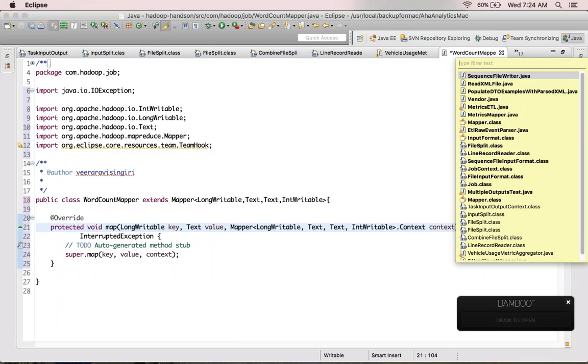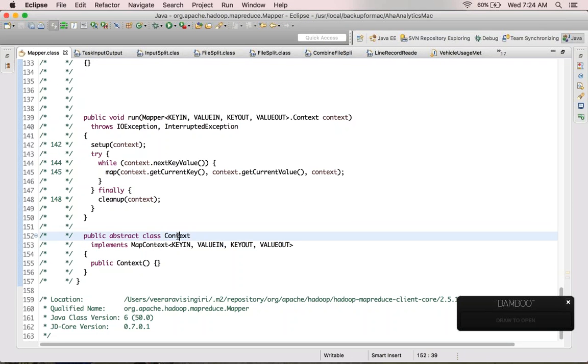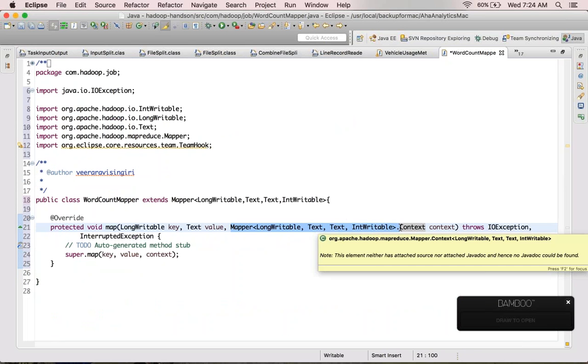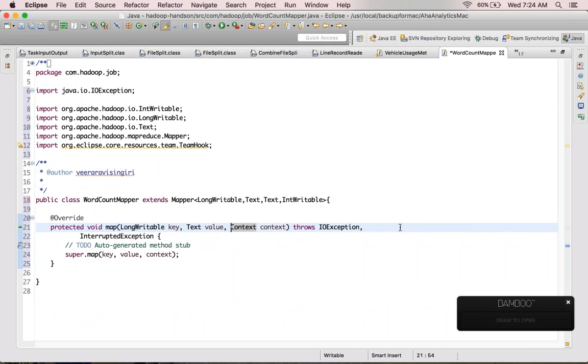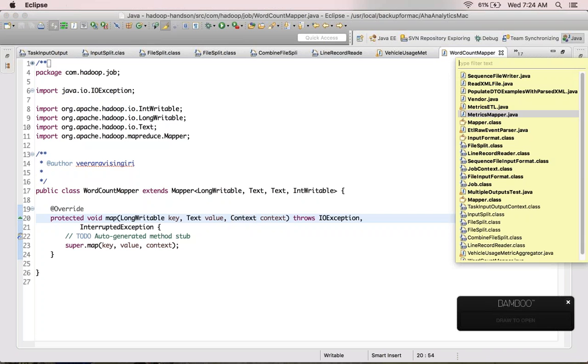We have seen it right before. Go to your mapper class. Here we have a context. This context we are making use of, nothing else. That's what it is representing. So don't worry about it, you can just blindly specify it as a context. You can remove this, you can remove this. And one more thing, try to understand here,